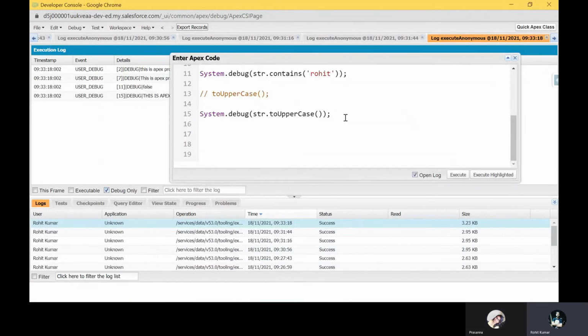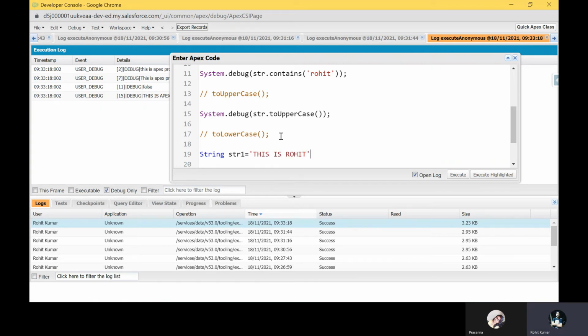Now how to work with toLowerCase? The name itself shows the meaning. So how to use that? Here you can see this is showing some uppercase. This time let me create another variable, str1, equal to some value, like This is Rohit.